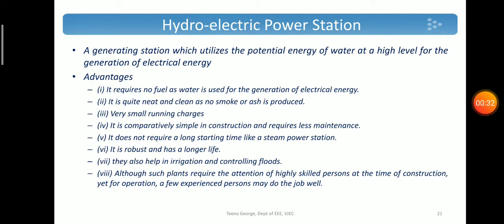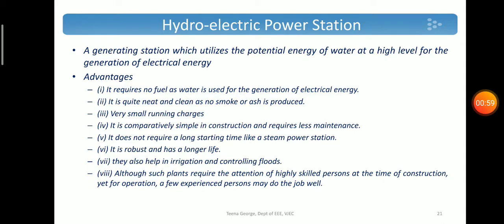First one is the hydroelectric power station. A generating station which utilizes the potential energy of water at high level for the generation of electricity is called a hydroelectric power station. The main advantages of a hydroelectric power station are, as the fuel is water, it requires no fuel,